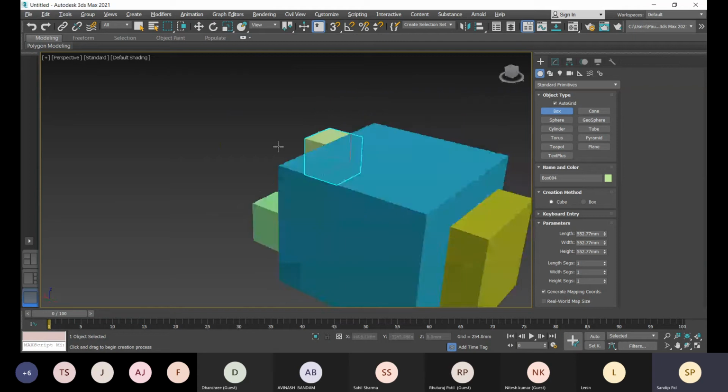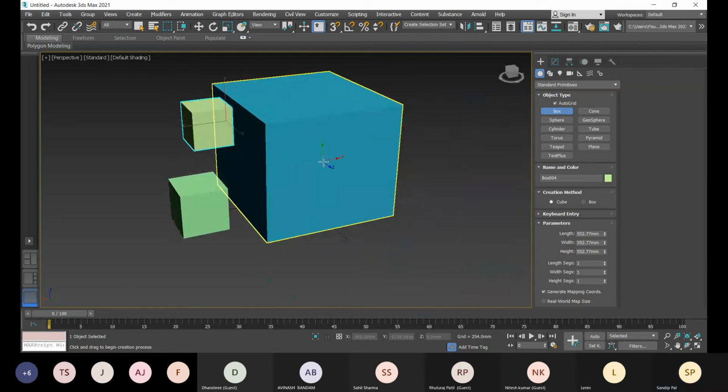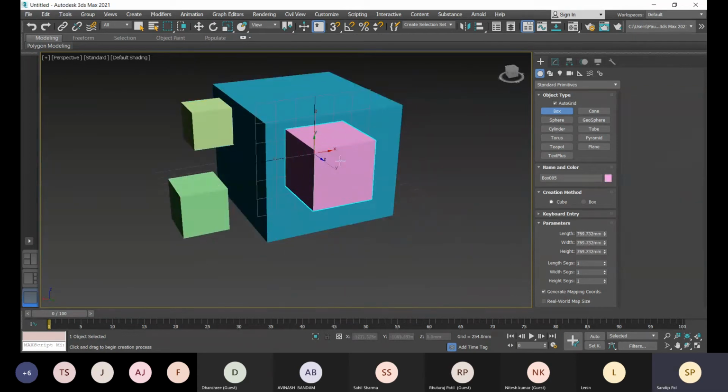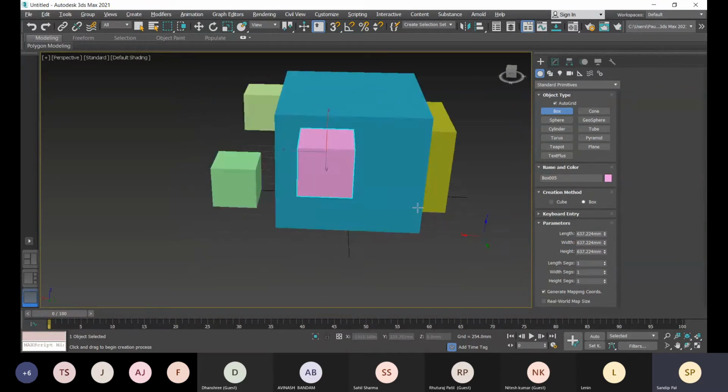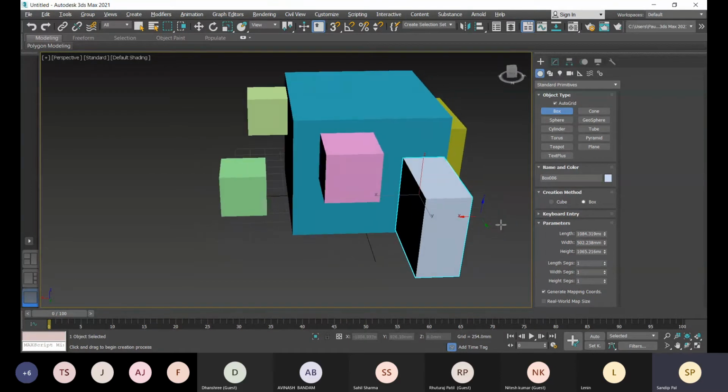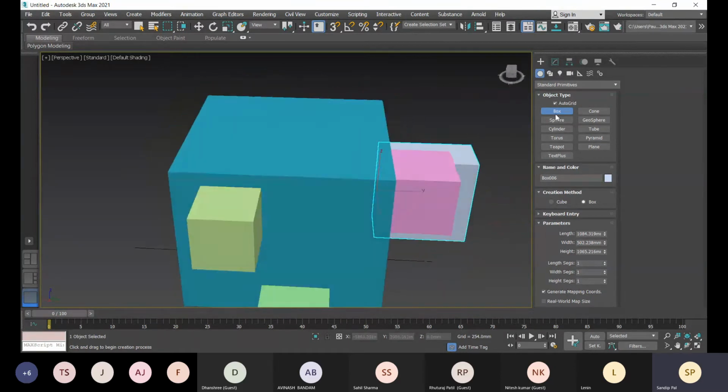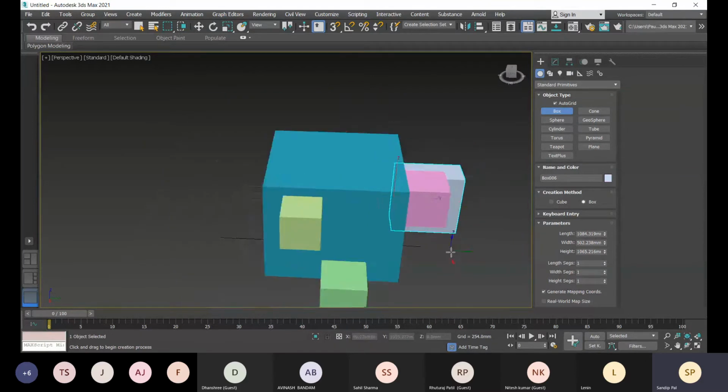As this is set as cube, right now you change it to box, specify the area, and then give it a height. That will be done by this auto grid option.